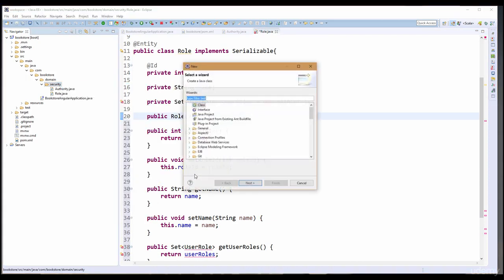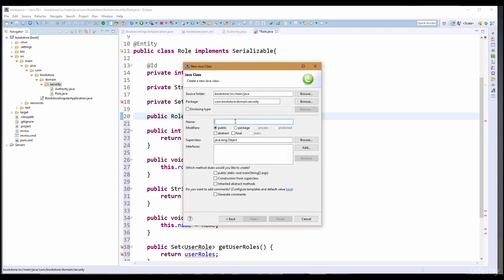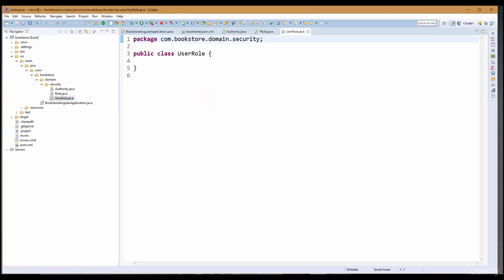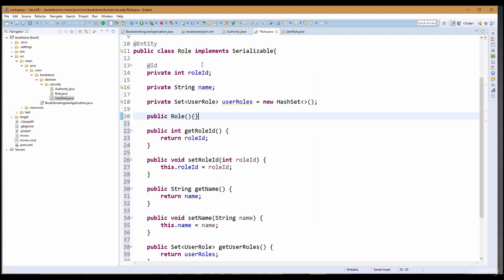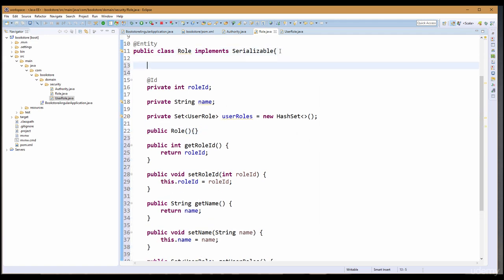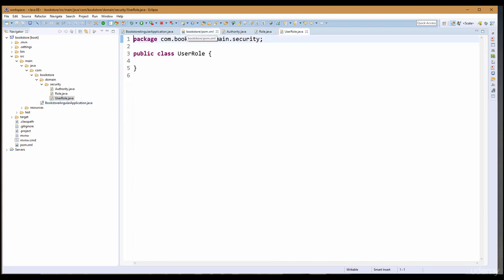New, other, class, and this would be UserRole. And actually there's one thing I haven't done yet. I need to define a serial version UID. It's not really required, but it's good to have. Alright, and then I'll come back to our UserRole,